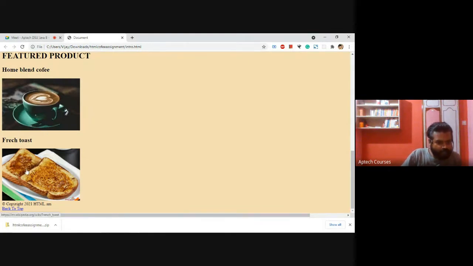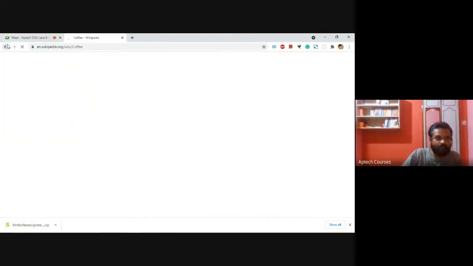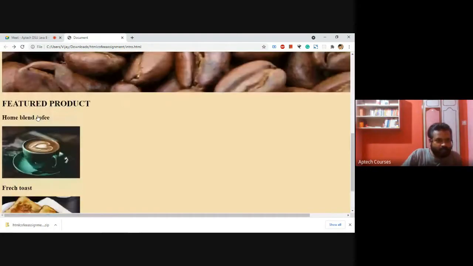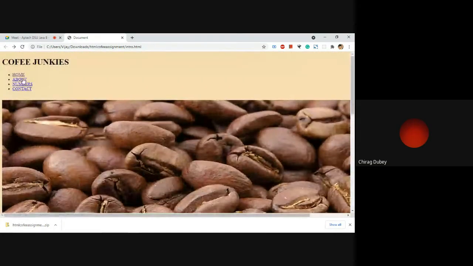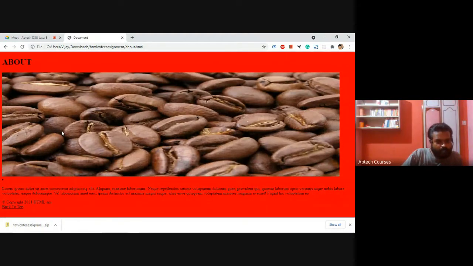If any link was there for Wikipedia, yes, sir. That image itself is a link, sir. If I click on that, it will take me to Wikipedia. About, back to top. Here we don't need this. If I have some content, we can go to it.